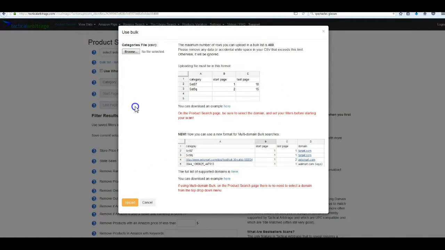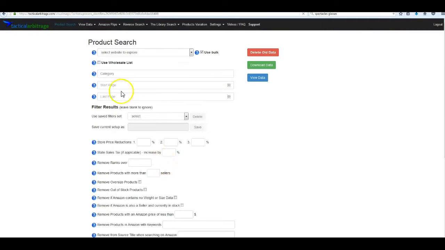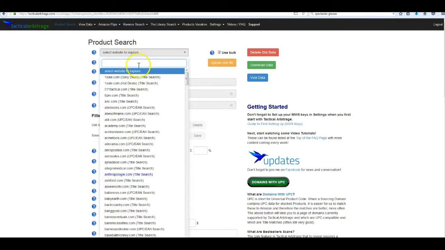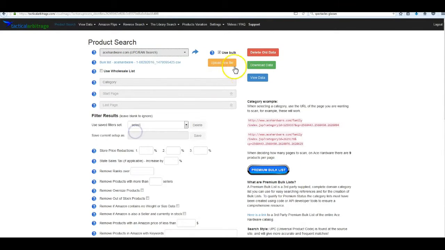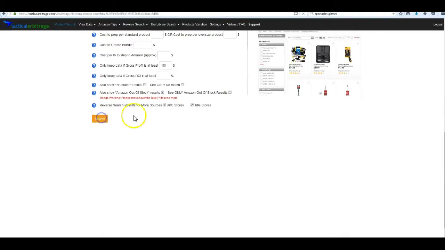So once you've created that and saved it as a CSV, and if you're on a Mac, you need to do the Windows version of CSV, then we're going to go ahead and upload it right here on the same page again. You click on Browse, select your file. Once you select your file, just click Upload. You still have to select the store. And now we're going to select our filters again. So I'm just going to use Last Filters, click on Submit,